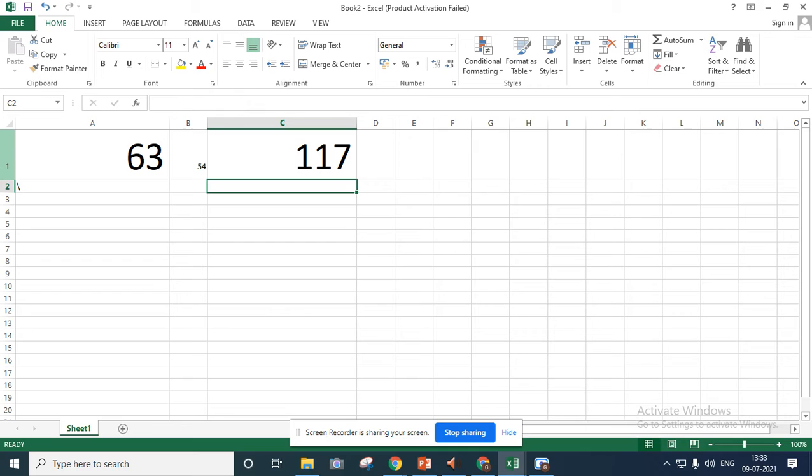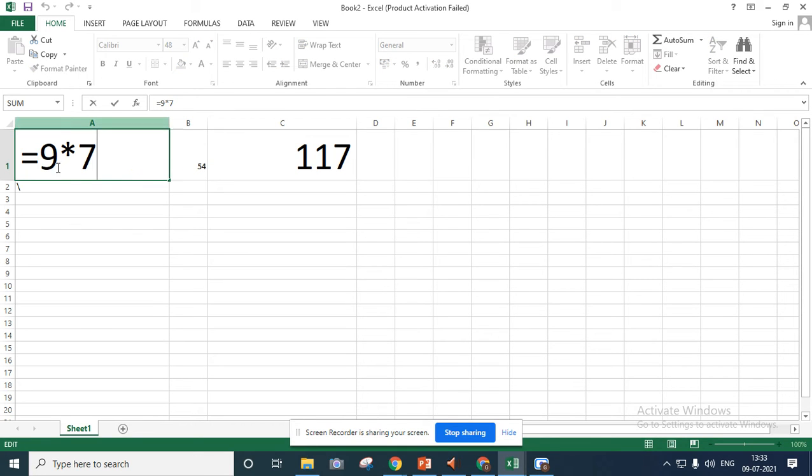Yes or no? Okay. So the next element is operators. Here to perform the addition of 63, I used the plus sign. If I use symbols like plus, minus, multiplication and division, these are the different operators.